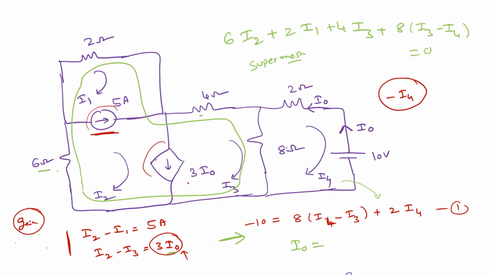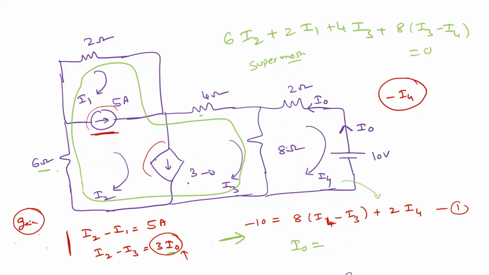For example, what's your doubt? I understood. For example, if instead of this you have 3 into Vx, what is this 3? Its output is 3Vx, which should be in current form. Vx is voltage, so this 3 is conductance, which is 1 by R. Agree? Yes, sir, it's clear.